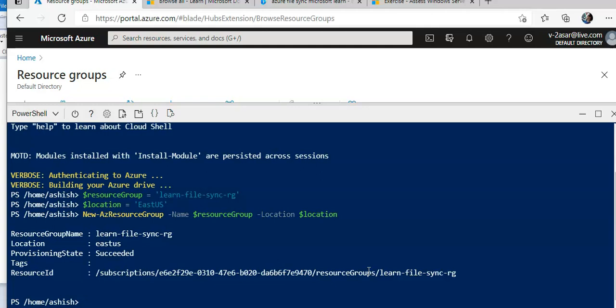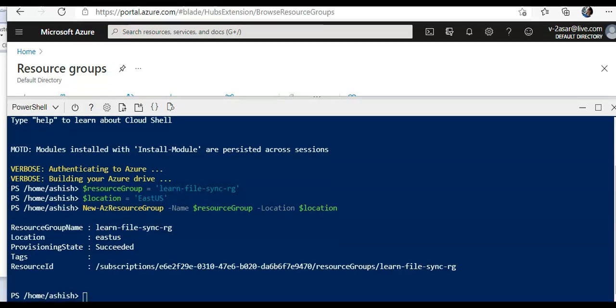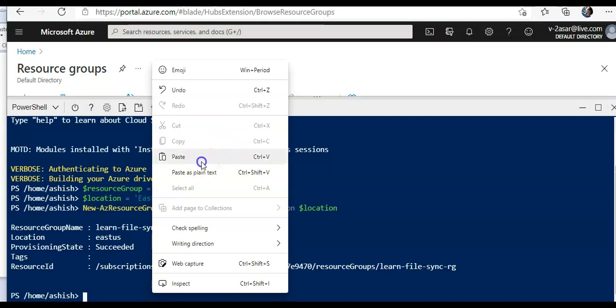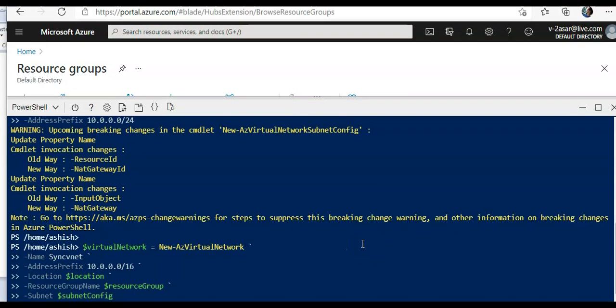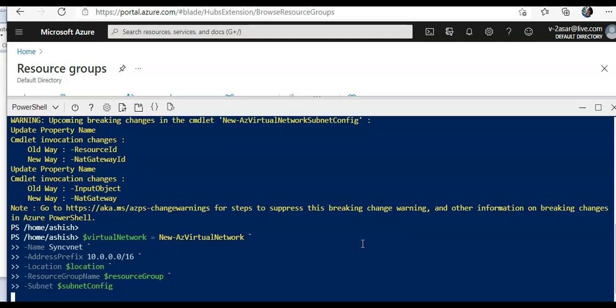Right, so now I'll create a subnet and a virtual network in the same location as the resource group. There you go. Enter. So I'm creating the virtual network and the subnet; the virtual network address space is this.